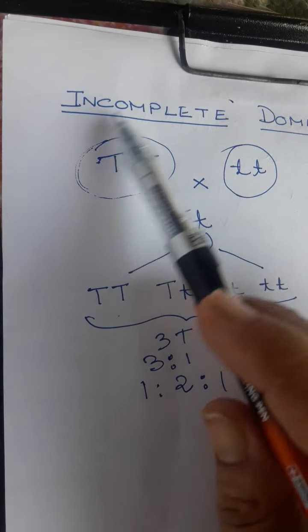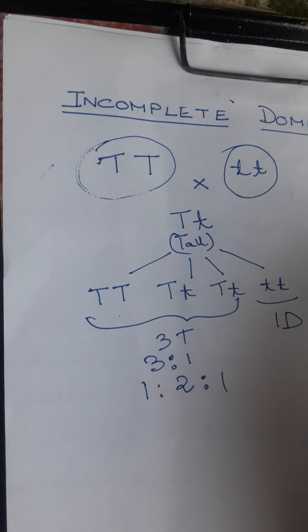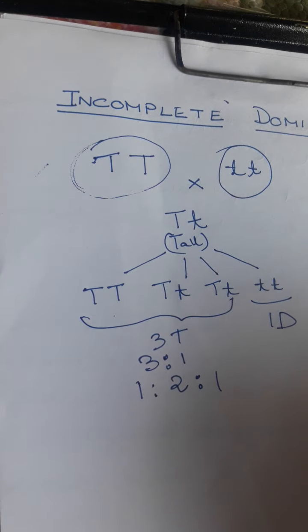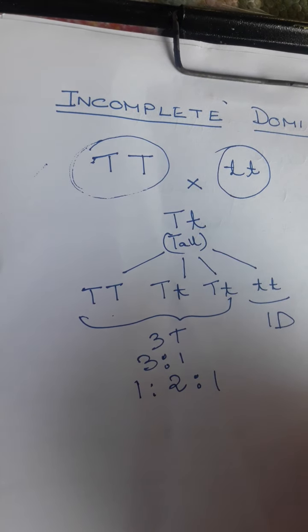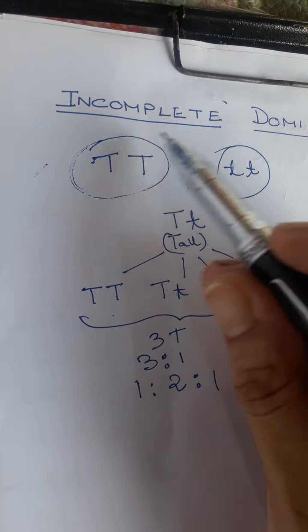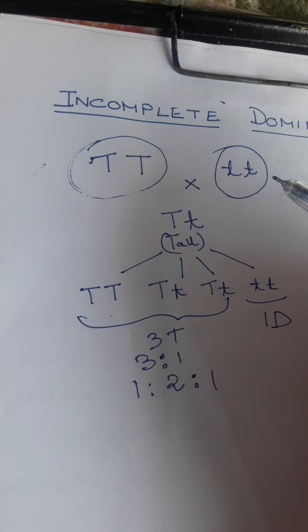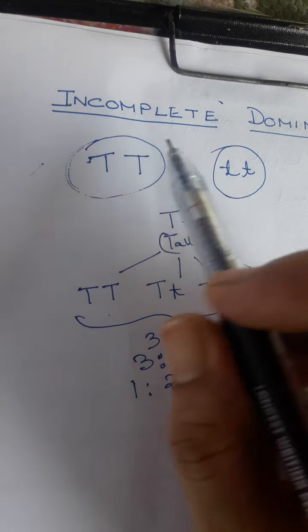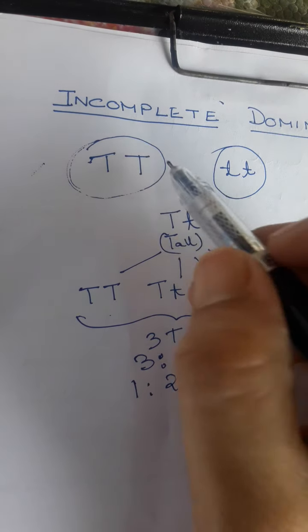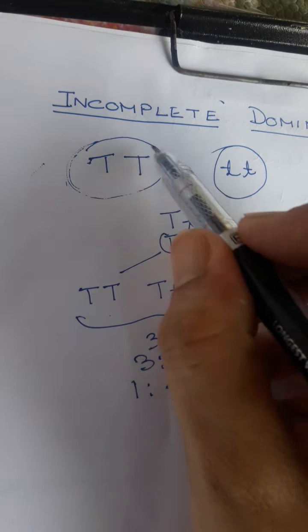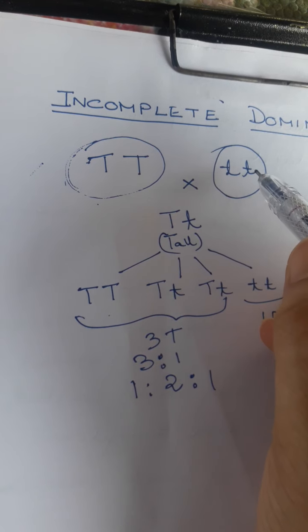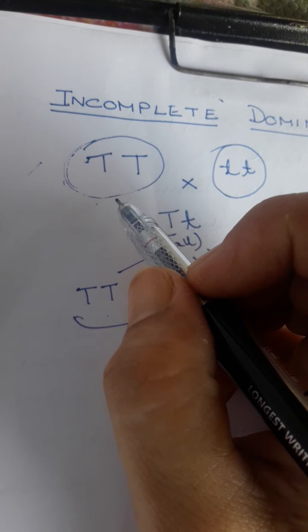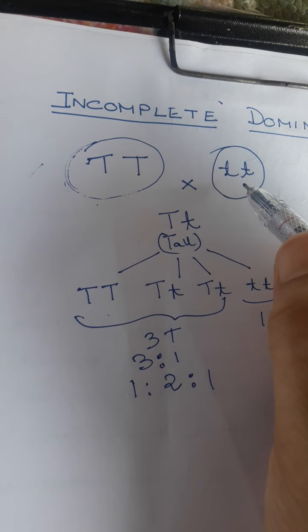So I think this particular cross is clear to you all, isn't it? We have discussed it 2-3 times, so hopefully it is clear. It's a very simple cross. Now see, there is some deviation in this 3:1 ratio. In further studies it was observed that what Mendel said, that this is the dominant and this is the recessive, but sometimes some genes are not completely dominant, and some are not completely recessive.